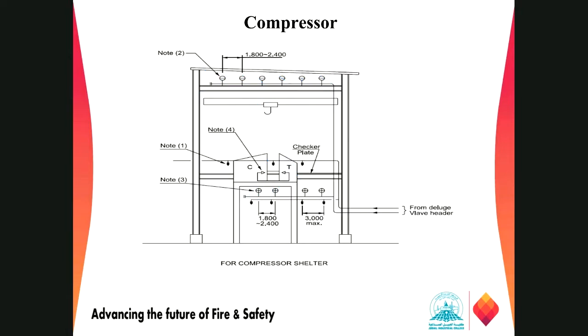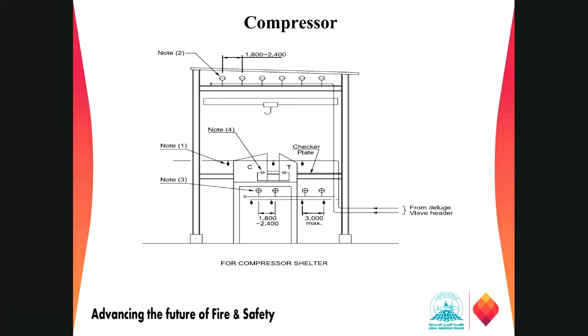right? This is a turbine, right? This is our compressor, C for compressor, and this is T for turbine. This is connected by the shaft here, right? The compressor and turbine are connected by the shaft, and we have a detector at these locations. We have a detector at this location, and this location, right? So normally between compressor and turbine, this is a piping. Sorry, not a shaft. This is a piping.